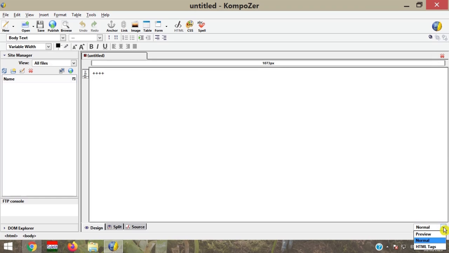On the Edit Mode toolbar we can see 3 different options named Normal, Preview and HTML tag. All 3 view modes provide editing facility. Let us discuss each one. First of all, the preview mode. The preview mode offers a page view as seen in a browser. The preview mode does not operate scripts and links.